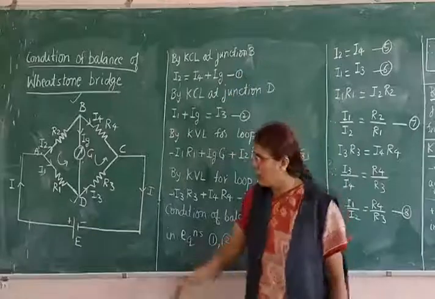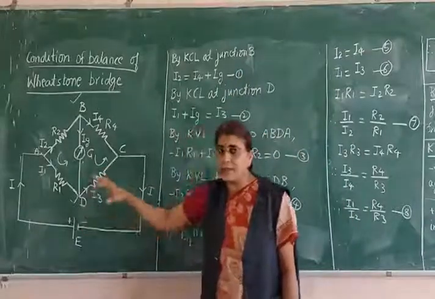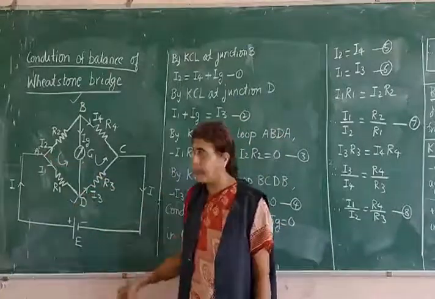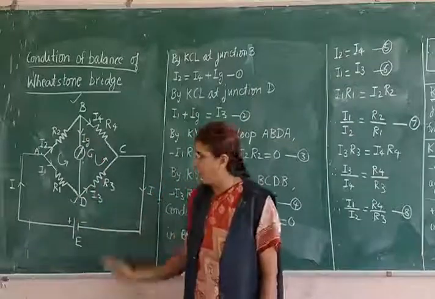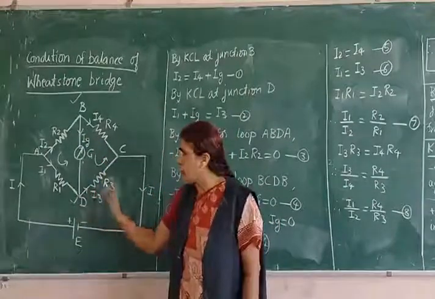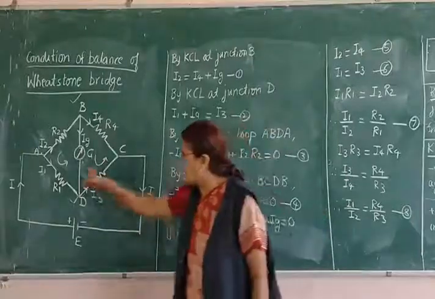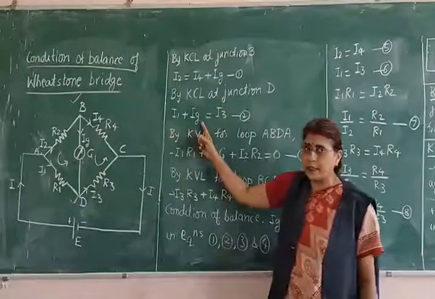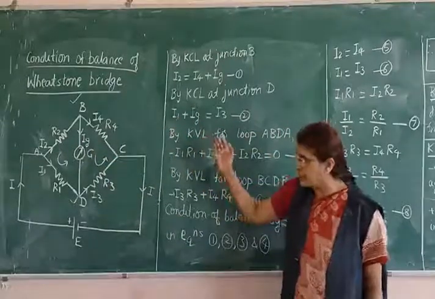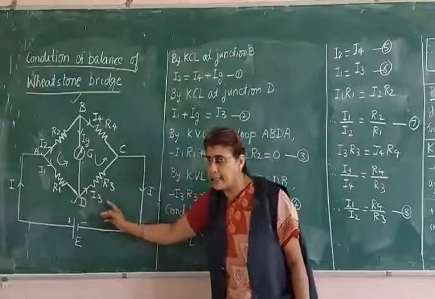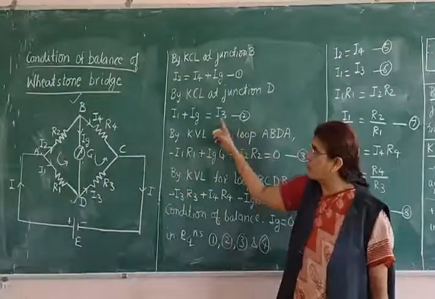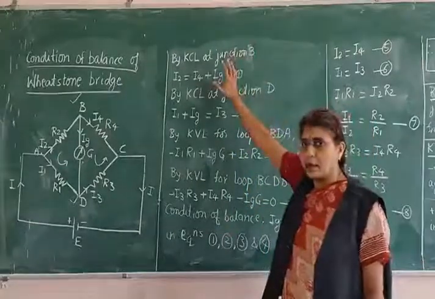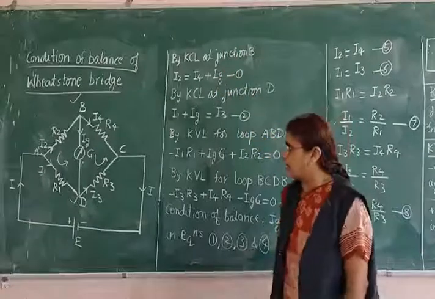Now same junction law we shall apply to the point D. Find out what are the currents towards the junction. Two currents are there towards the junction. I1 comes towards D. IG also comes towards D. What is the outgoing current? It is I3. So how will you apply the junction law? Sum of currents towards the junction, that is I1 plus IG, is equal to currents away from the junction. Only one current is away from the junction, that is I3. So it is equal to I3. So I got two equations, equations 1 and 2. I got these equations using the same law, Kirchhoff's current law at the junctions B and D.